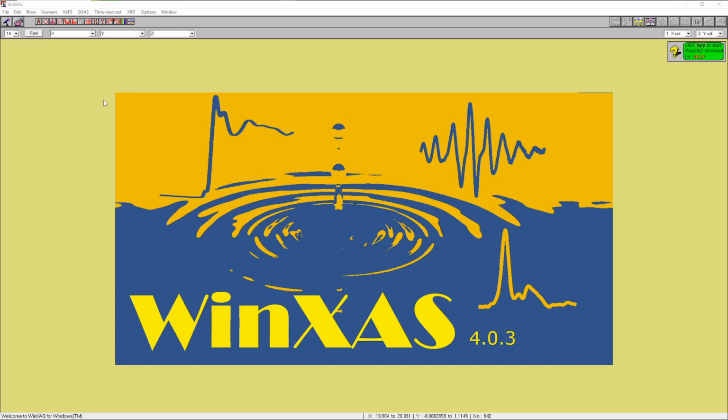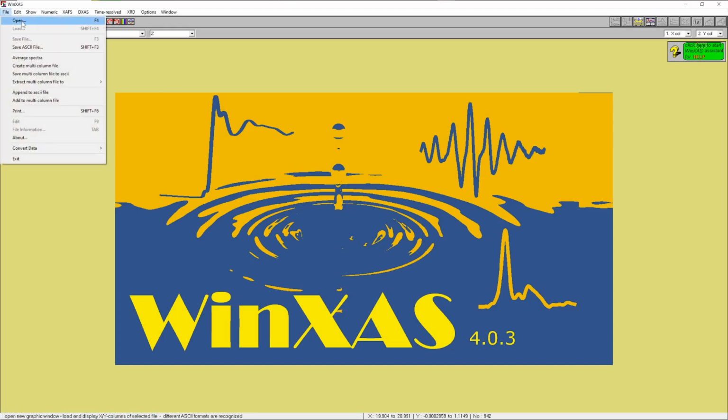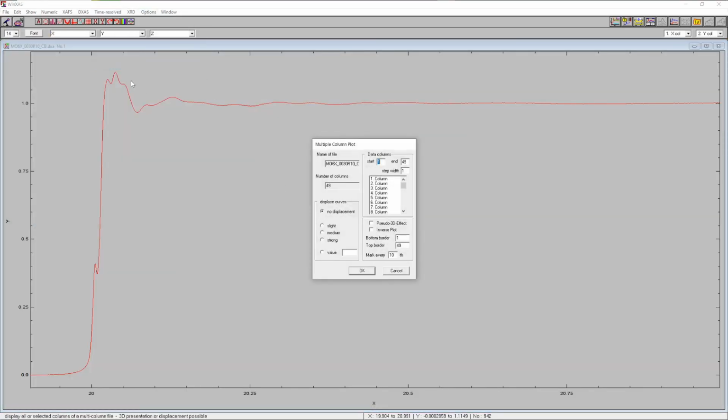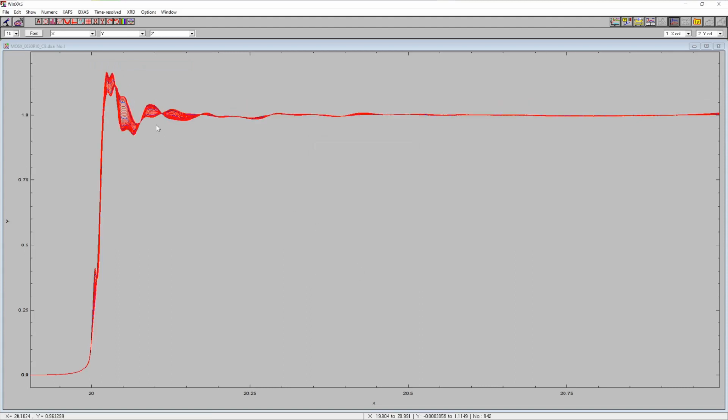Let's start the EXAFS analysis with some general remarks. When analyzing a series of spectra, you need to find a procedure that you can apply to all the spectra in the series. In most cases, this will be more time-consuming and more difficult than just a single spectrum analysis, and it will quite often involve some back and forth and trying different ranges, trying different approaches, in particular to the atomic absorption refinement, until eventually you arrive at a procedure that you feel comfortable with using for the entire